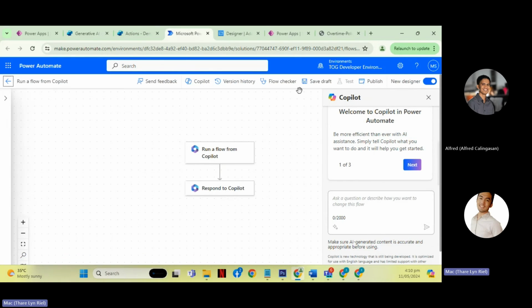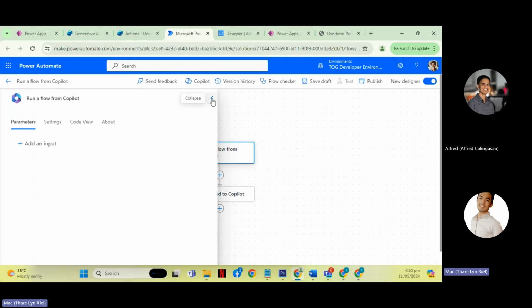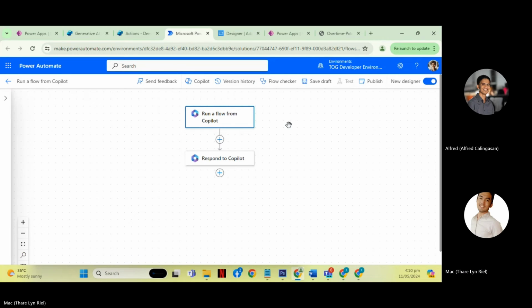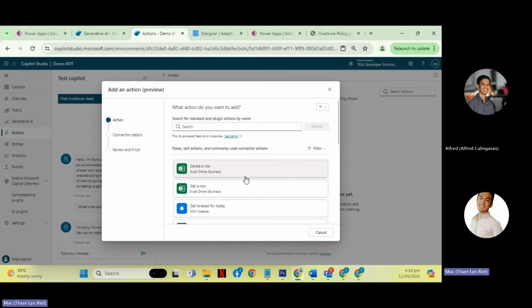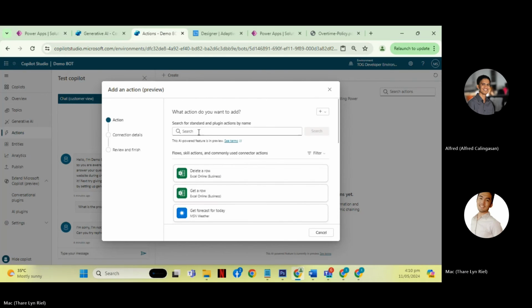If you click that, you will get redirected to the Power Automate editor. And once you save this, it will show automatically here. Previously I created this one, scale 001 calling prompt. So as you can see, it's showing here.